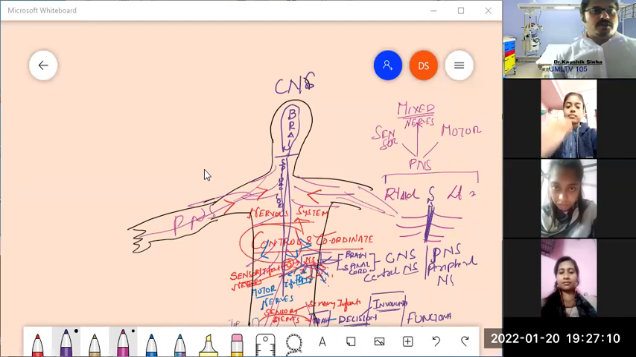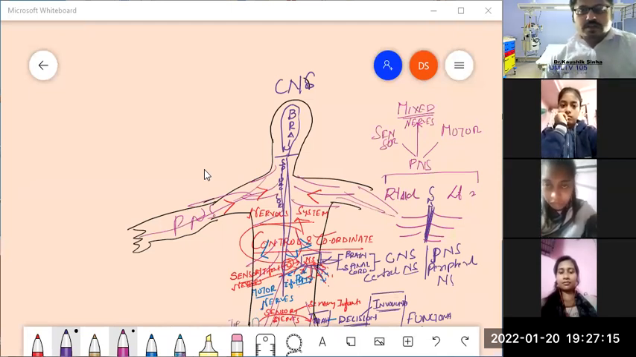For conducting information, what is basically needed? The necessity is to have something